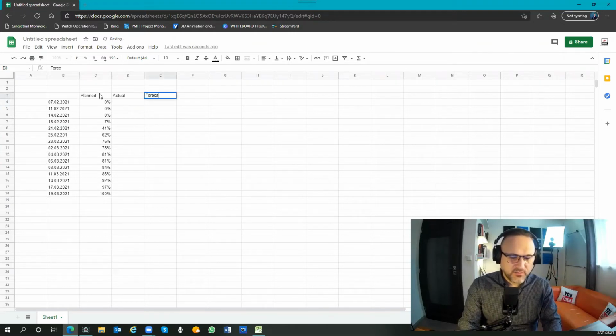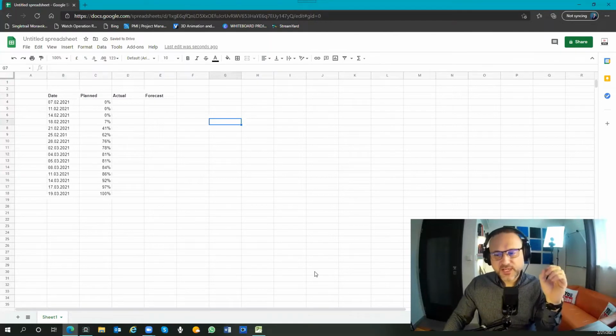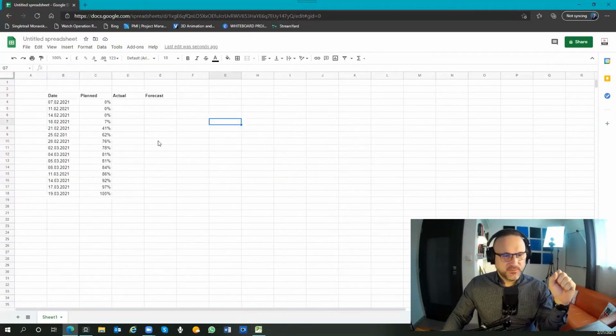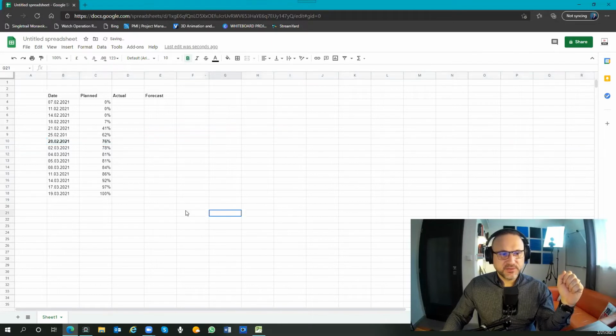Then we have the forecast. Okay, important parts which we described, that you have always planned, actual, and forecast. Okay. So if we calculated the project, if we set our real progress over here, and we said that today, let's check, today is 28th. Okay, I will just put it in bold items. So if today is 28th of February and our plan is 76,